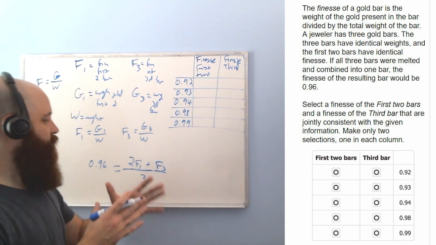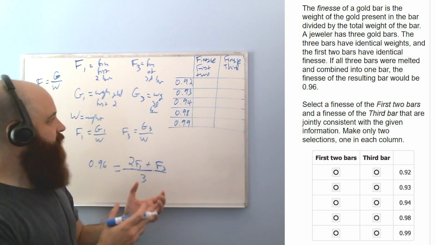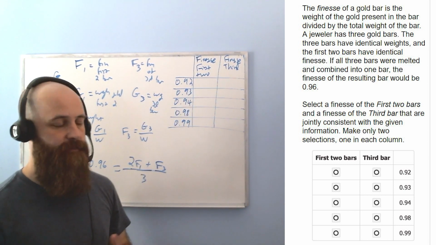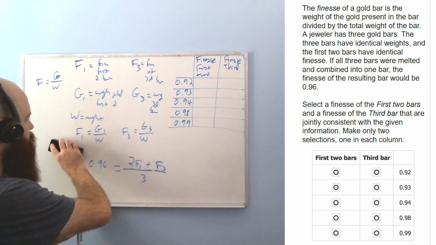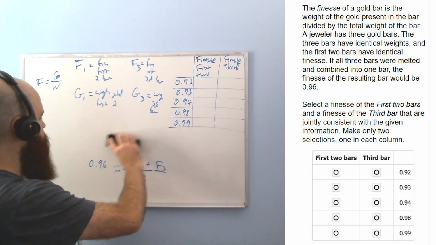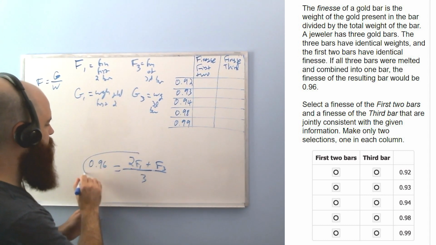You don't want to panic. You just want to say, okay, that's all I can do here. I guess I just need to figure out two values that will fit this relationship that I've figured out here. Okay, so how are we going to do that? So at this point, I think there's kind of a fork in the path. There's kind of two approaches we could take to try to figure out what values of f1 and f3 fit